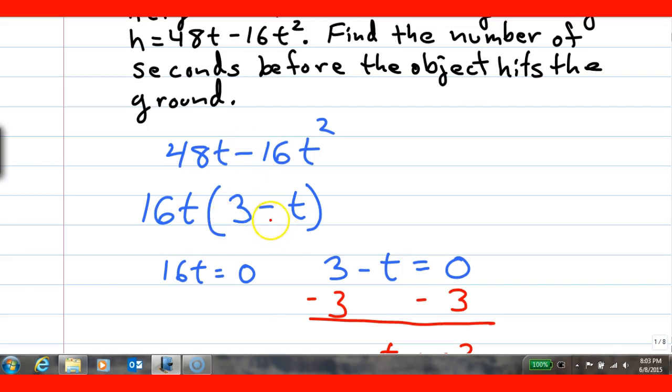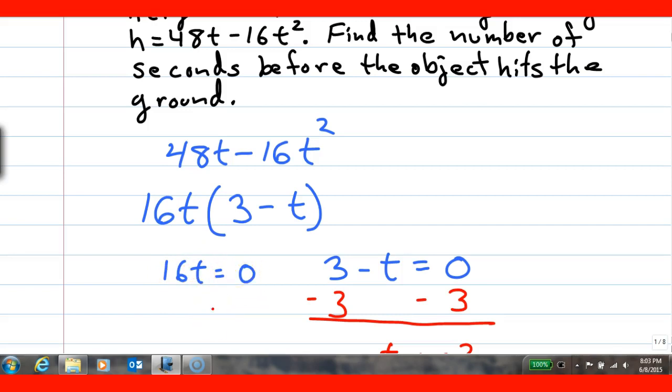I'll copy down the minus sign, and now I'll divide the 16 into the 16, which gives me 1. Then I'll divide the t into the t squared, and this leaves me with a single t. 1 times t just leaves me with a t. I'll take each of these now and set them equal to 0 and solve. On the first side, I have 16t equals 0. When I work this one out, 16 divided to the other side,